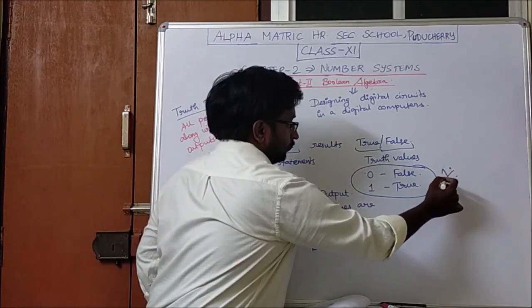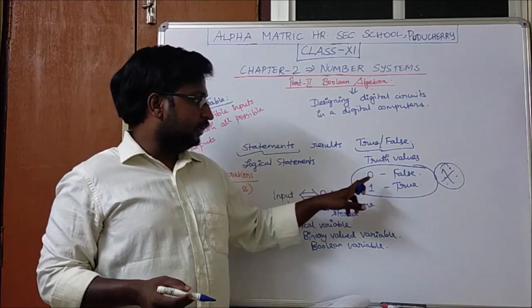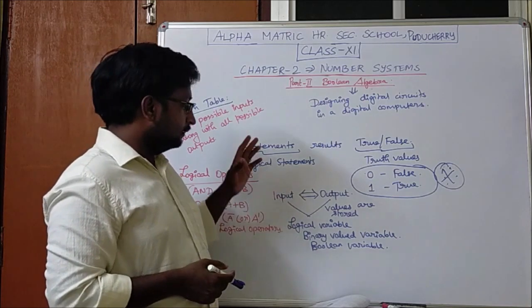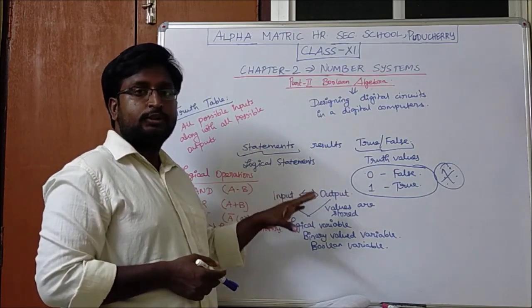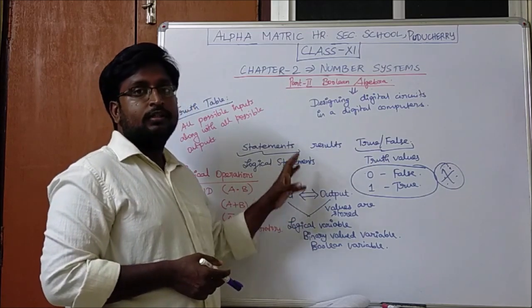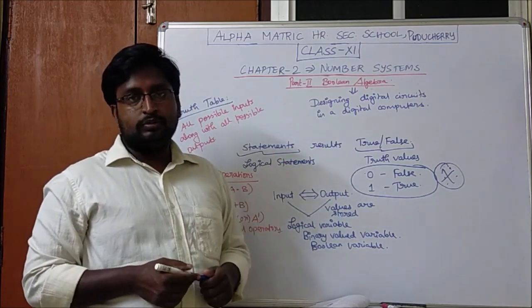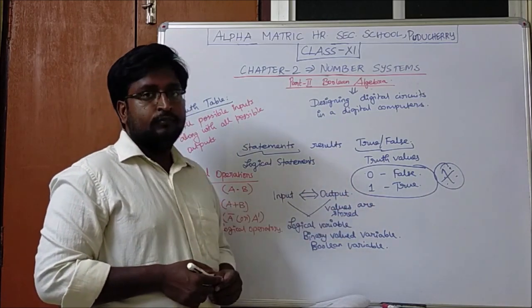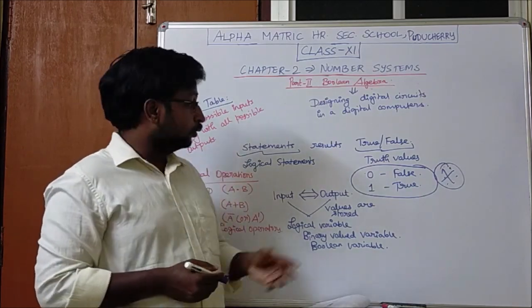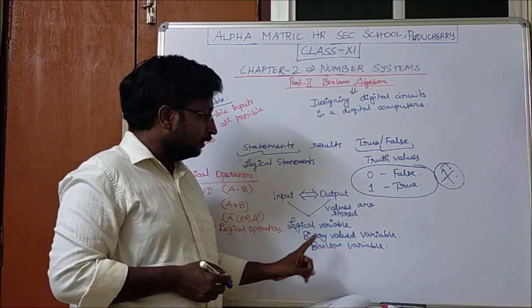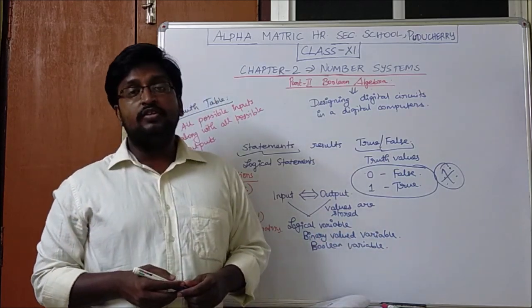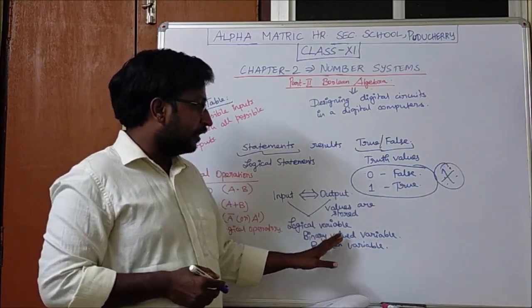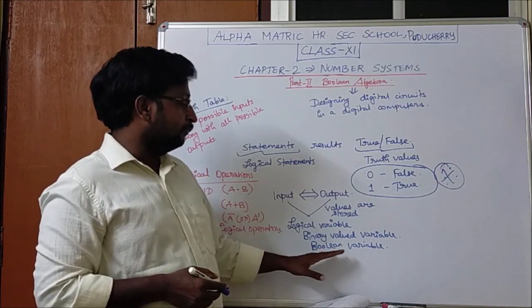This is very, very important: 0 for false and 1 for true. Mainly, Boolean algebra relates the given input and process based on the possible inputs and results with the binary value, that is the output. These two values will be stored in a variable. Those variables are called logical variables, that is binary valued variables. It means they will contain only two values, either 0 or 1. That is the meaning of binary valued variable, or it can be called a Boolean variable.